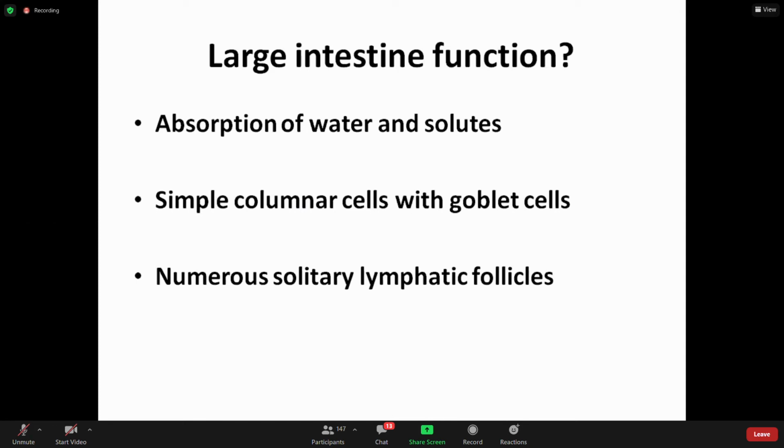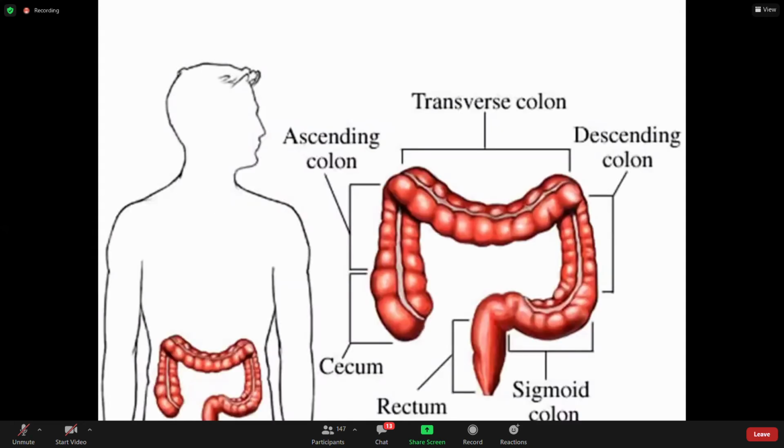So what are the parts of the large intestine other than the cecum? If you look at this picture, there are different parts. You can see here, this is the cecum, then this is your ascending colon, then you have the transverse colon, then the descending colon, then the sigmoid colon, then the rectum, and then you have the anus, which opens through the anal pore, right? It is involved in the absorption of water, so that it can help in the expulsion of feces.